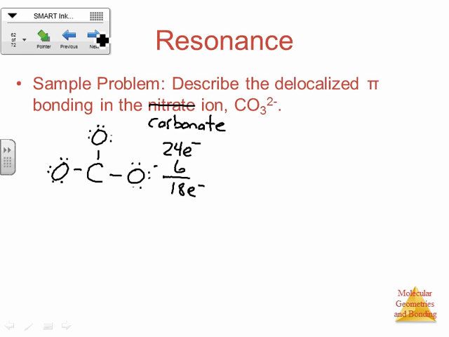Well, we used up all 18, but the carbon's not happy, so we're going to have one double bond here between the carbon and an oxygen. And again, there are 3 different resonance structures that we could draw here. We could make the double bond in any one of these carbon-oxygen bonds, okay? And so what's really happening here, again,